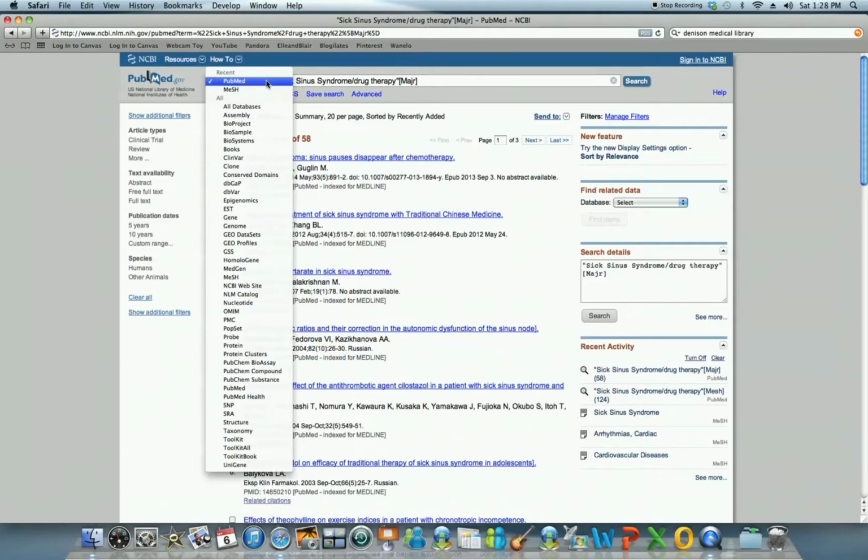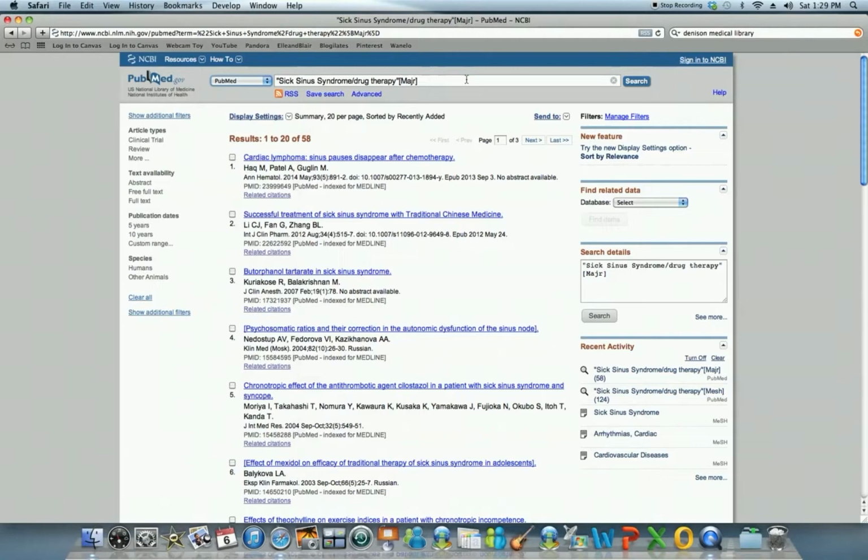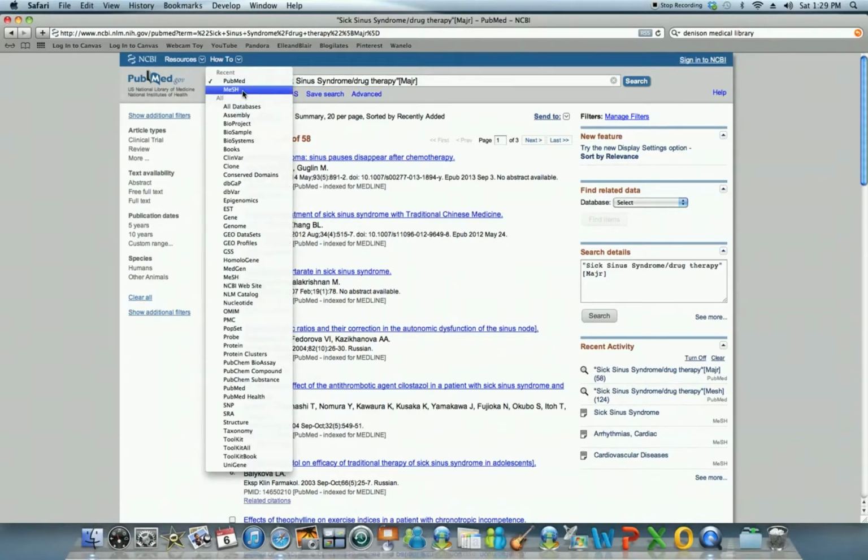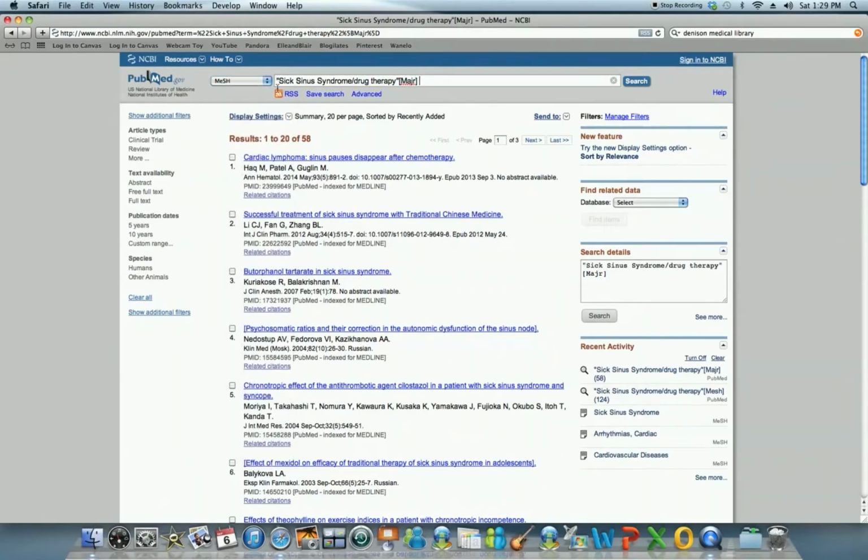I would like you to use MeSH terms if at all possible. Within PubMed, the system tries to match your keyword, which is just free text, to a MeSH term. So for example, the MeSH term for vitamin C is ascorbic acid. Again, sometimes you don't know what the MeSH term is